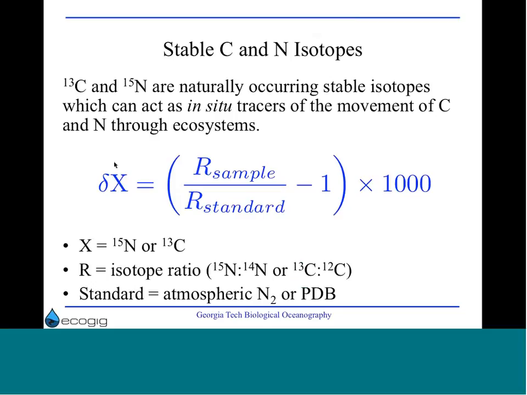I told you at the start of this that I work at the interface between biology and geochemistry. We use a geochemical tool to understand how organisms within marine food webs are connected to their food sources and how they pass organic matter through their bodies. The particular tool we use, in most cases, involves measurements of the isotopic abundance, the isotopic composition of carbon and nitrogen in organic matter. Now, it turns out that both nitrogen and carbon, and today I'm going to focus on carbon,